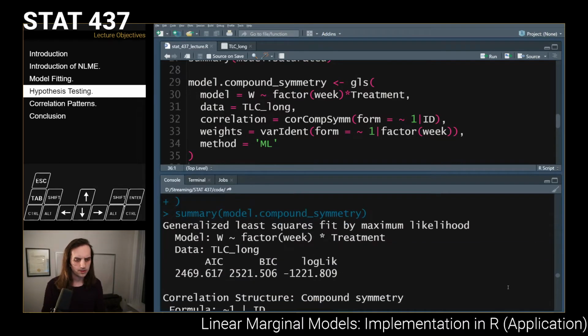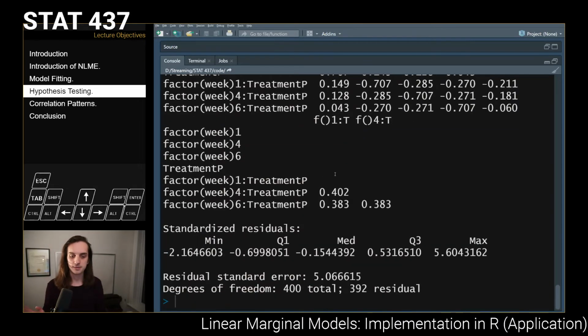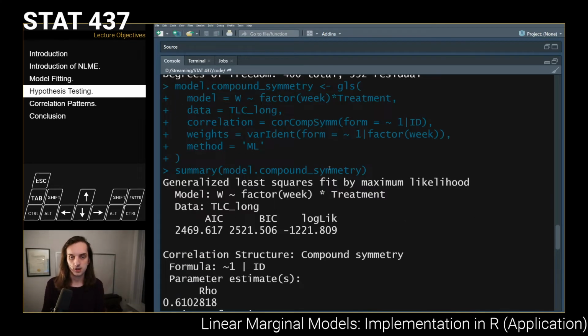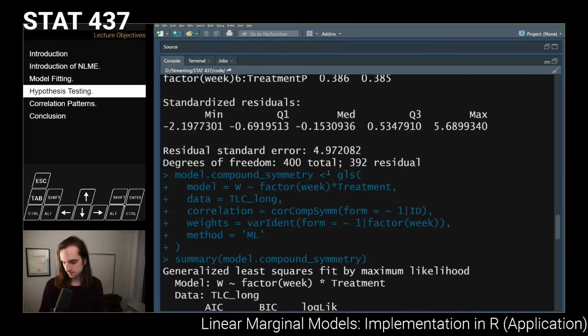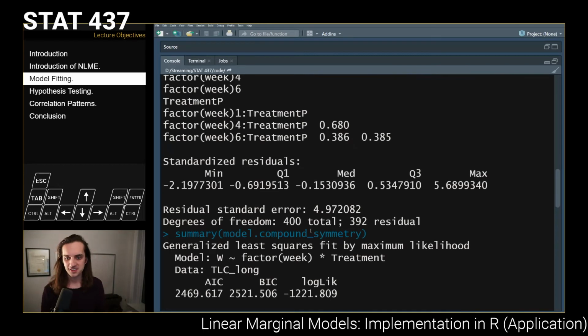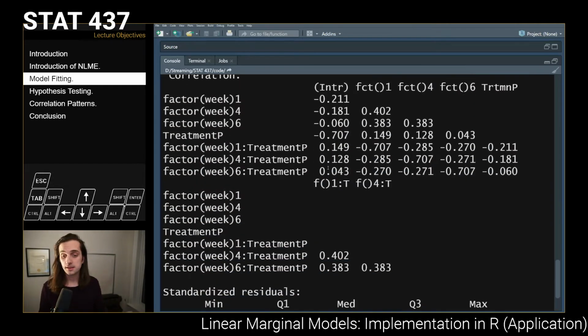So I want to show you very quickly both ways, because this is a very useful technique. But the first thing I want to point out is we can take a peek at the degrees of freedom down here, right? You can see that we have 392 degrees of freedom for the compound symmetry, and we also see that there's this reported 392 degrees of freedom up here. Now, this is something you have to be slightly careful with, because